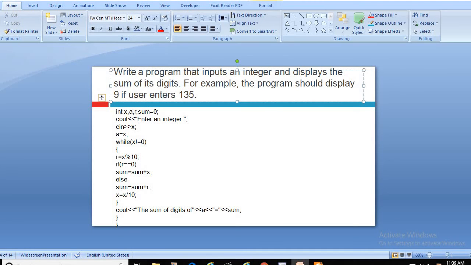For example, let's make it simpler: 35. With the example of 35, we need 2 different operations to achieve the addition of these 2 digits.